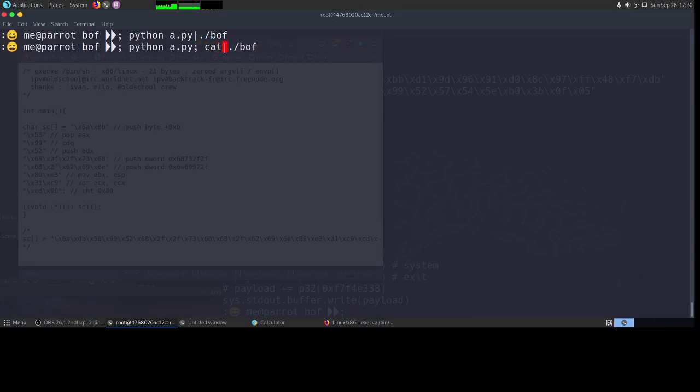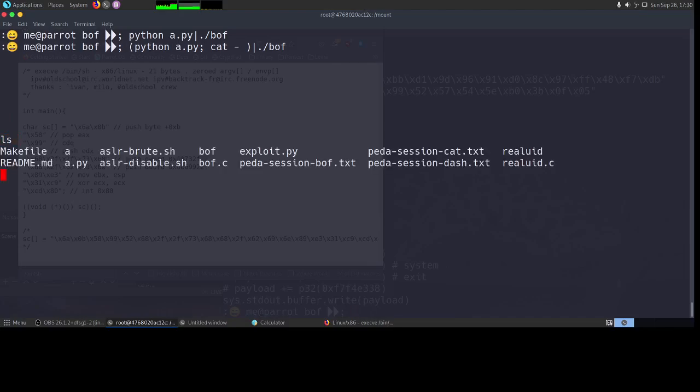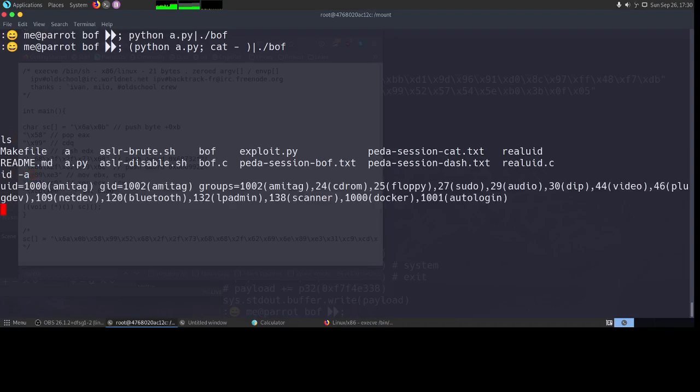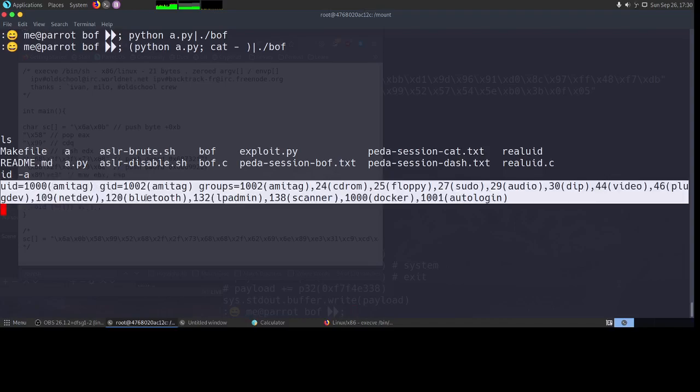So we need a process which can keep the stdout and stdin open for us. So I'll just give a cat - so that we can keep the stdin and stdout open. Now if I keep pressing enter, nothing happens, but if I give ls, I can see the file listing. I can give id -a, but strangely I am still Amit.